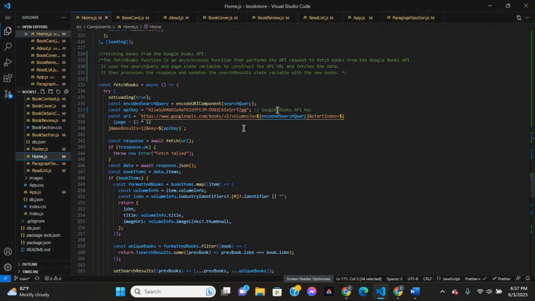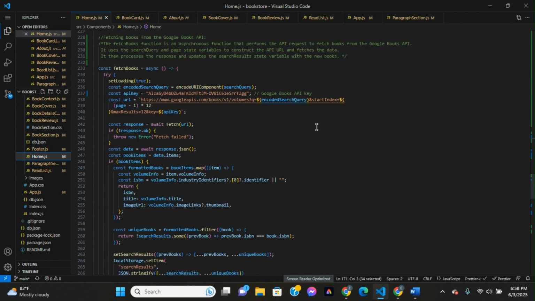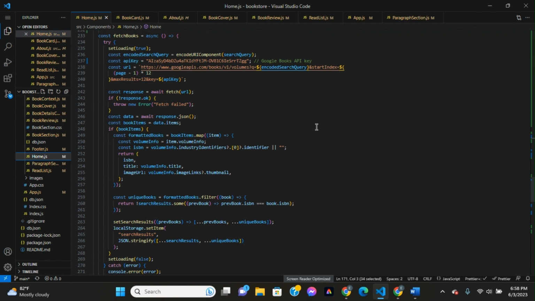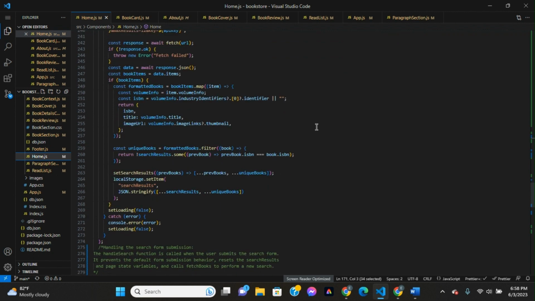So this is the Google API key. I tried doing the private one, but it gave me problems and I couldn't get the book, so it's kind of open. I don't know if it's safe. I think they were saying that it wasn't safe. I don't know what to do, but for now I'll keep it up, and then maybe once I get through with this, I'll figure it out. And once you guys review it,